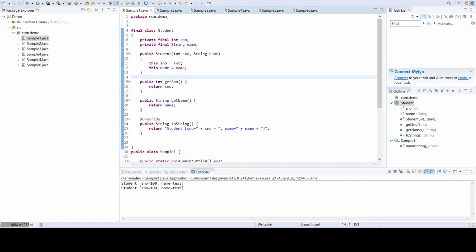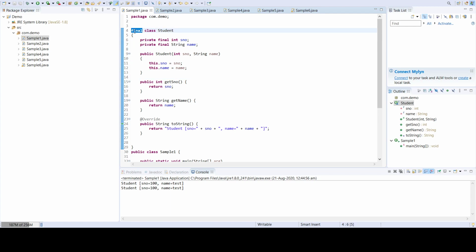In the sense, we pass the values through the constructor parameter, and the values will be set in the appropriate fields. Once constructed, the value cannot be changed from outside of the object. That is the main objective of creating immutable objects. To provide immutable objects, we have to follow certain design principles while designing the class.